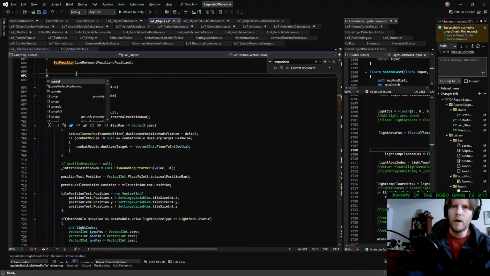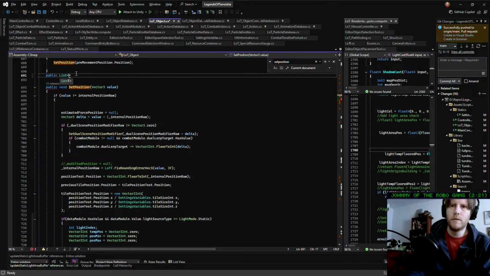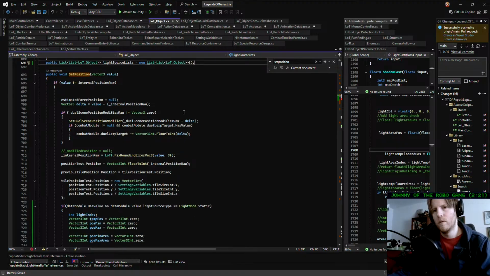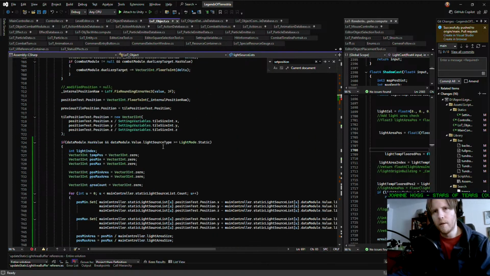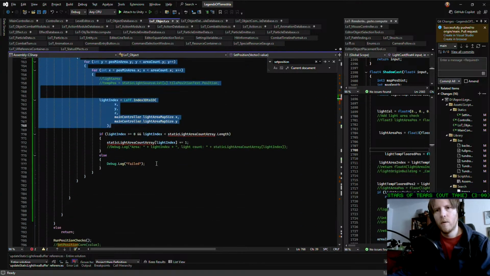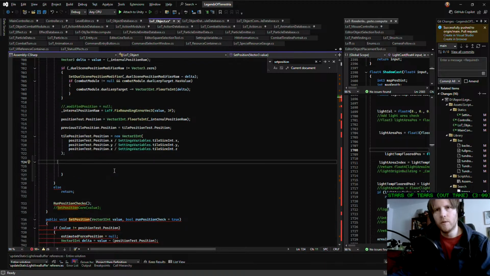So the light needs to have a public list of lists. Light source lists. New list. Right, and what we need to do then is we need to say